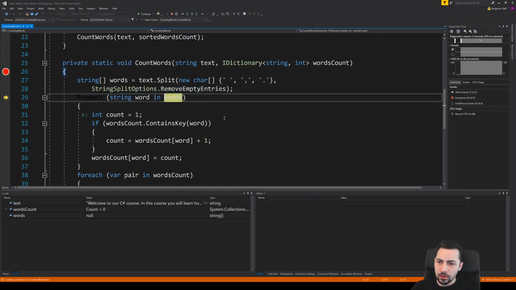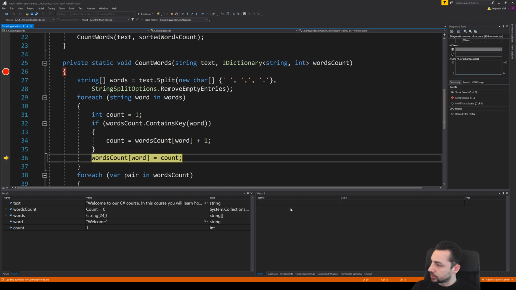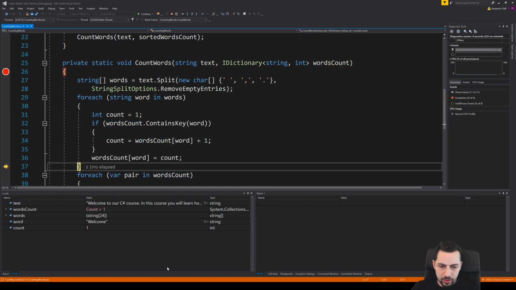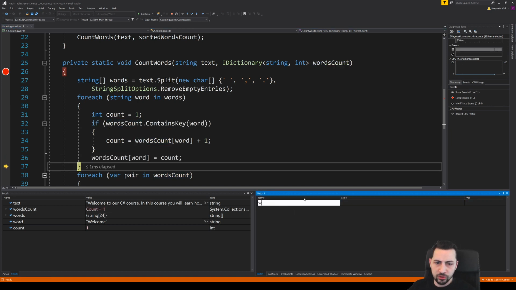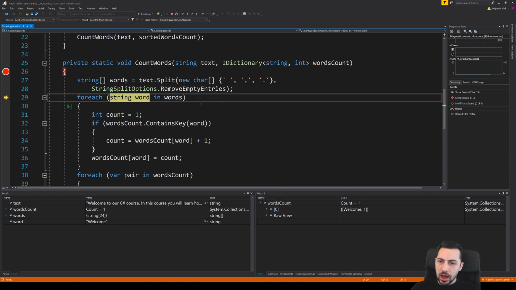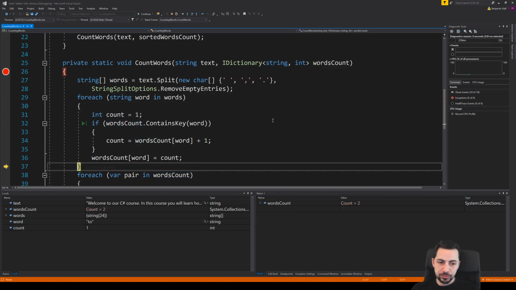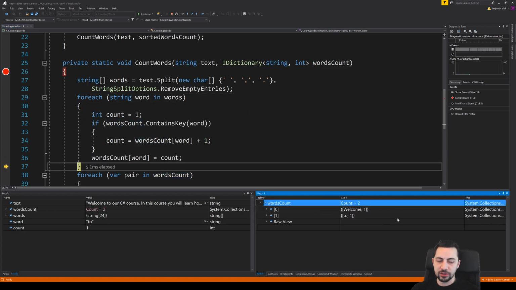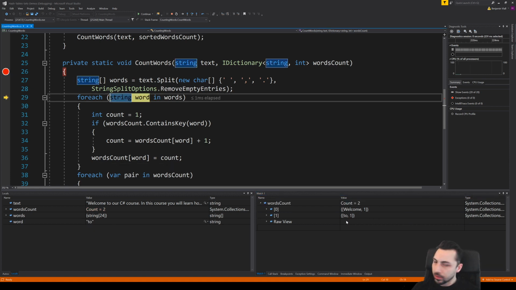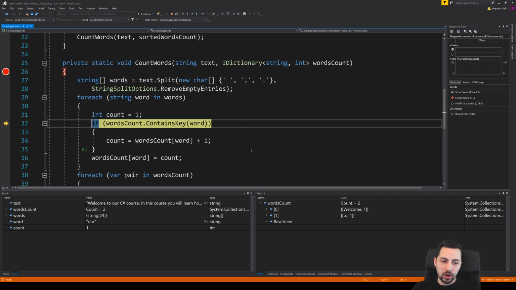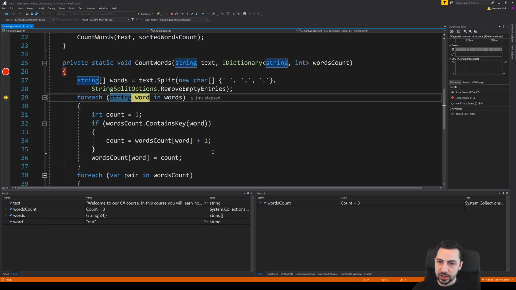Okay. So here we go through now. Now we can actually see things a little bit better. In our watch window, I want to watch word count. Keep that open. Is that a little bit easier to read? I hope so. So our second word is to. So far, we're not really getting that much information. We're just adding each word to the dictionary. The third word is our, so still nothing interesting here.